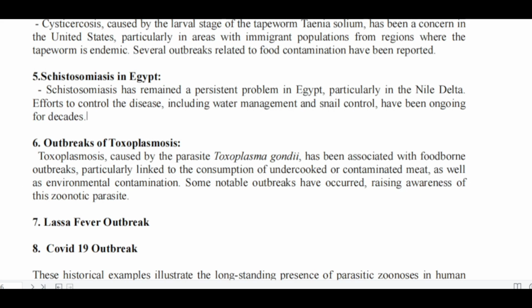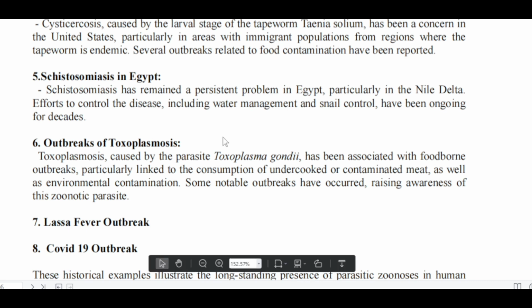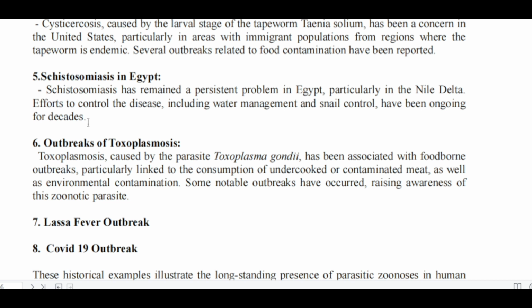In Kano State, all the 44 local government areas are endemic with schistosomiasis. So it's quite unfortunate, and it's a disease that does not manifest fast. So you can harbor it for a long time while it is causing havoc in the body without actually knowing it. Now another major outbreak is the outbreak of toxoplasmosis, caused by the parasite Toxoplasma gondii,